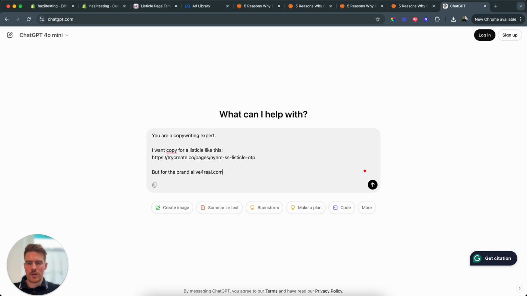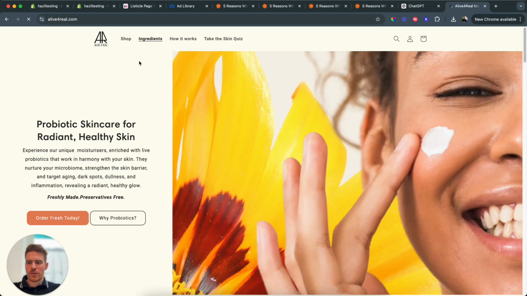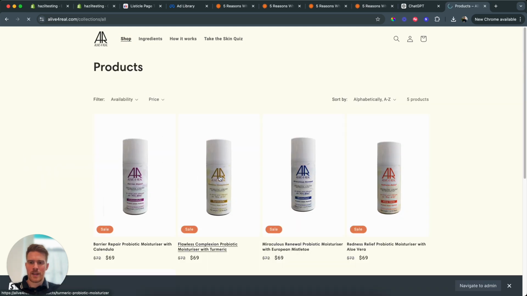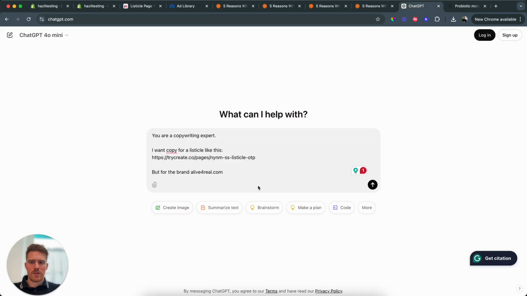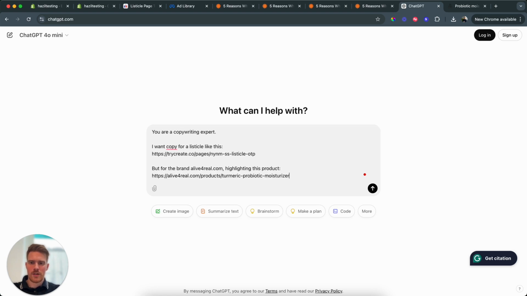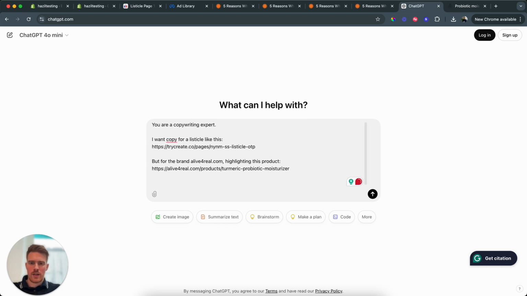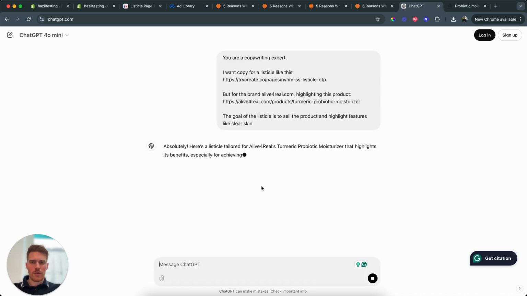this is where you type in your brand, and I'm just going to quickly open up a product. Let's do this one, probiotic moisturizer, for the brand, highlighting this product, and the goal of the listicle is to sell the product and highlight features like clear skin. Of course, you might know your brand much better, but when I run through this, we should get